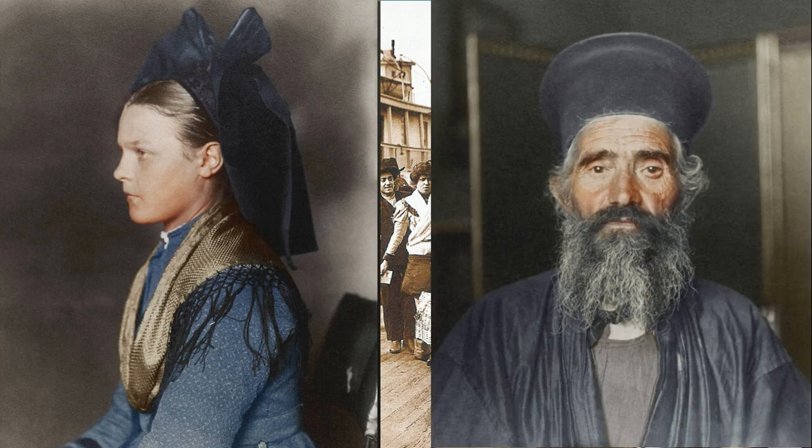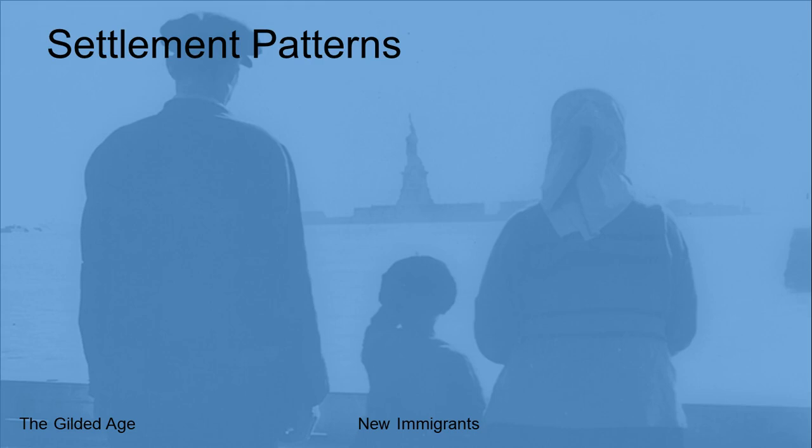And then this is a Greek Orthodox minister, wearing the traditional Greek Orthodox robes that he would wear when he is in church. You see these people all look different from what we think of when we think of people in the 1800s. If you Google pictures of people from the 1800s, you're not going to see people that look like that. So the reason they were referred to as the new immigrants is because